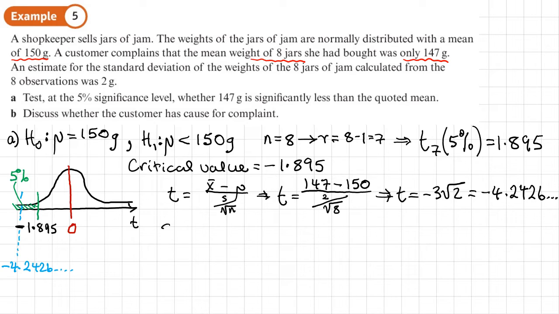So I'll write something like, since minus 4.2426 is less than minus 1.895, it's in the critical region. So in critical region,